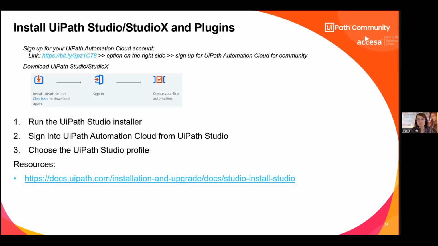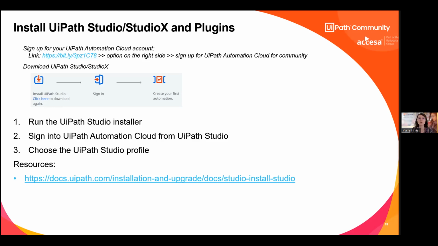There you'll be prompted to sign in. On signing in, you will have to complete the browser URL. Once that's finalized, you are signed in. Then a blue screen will be shown to you to choose between the versions of UiPath Studio profile: Studio X, Studio, or Studio Pro. In this case, I will go with Studio because I'm from a technical background, and this is the most useful for me. You can go in the same manner to start with Studio X.